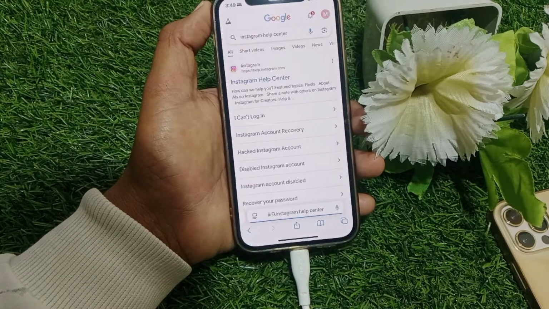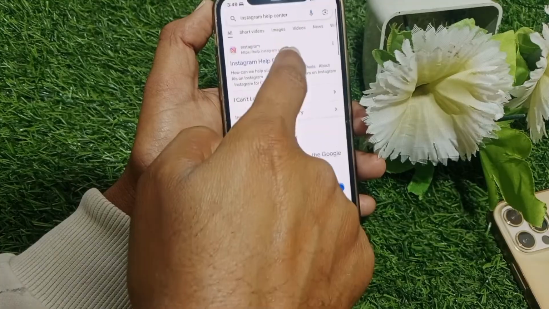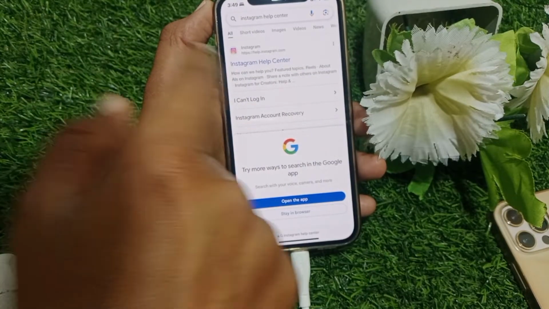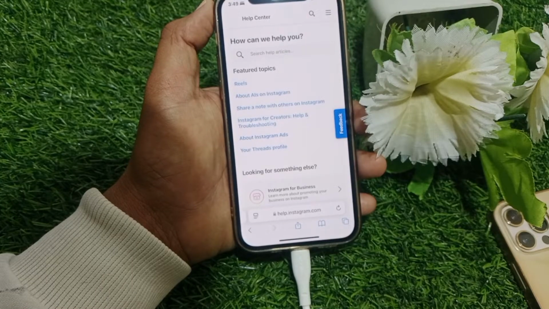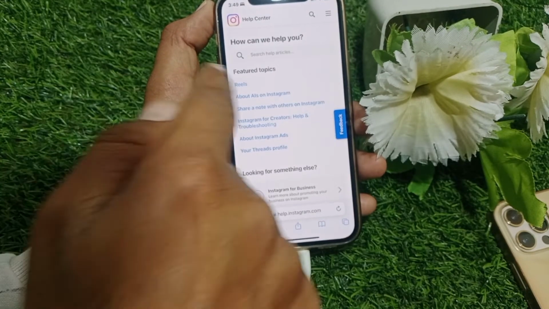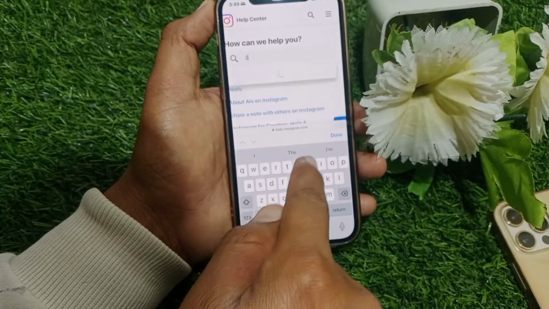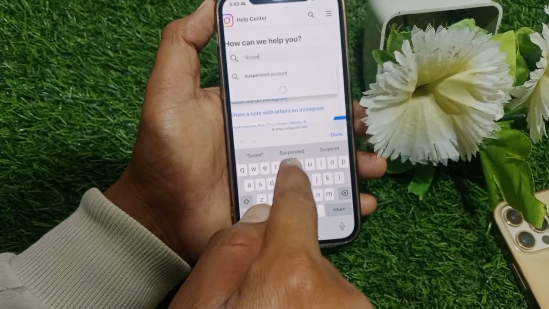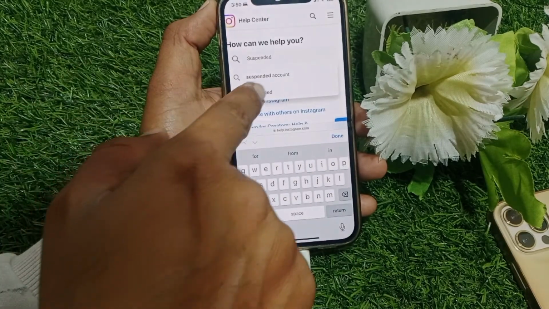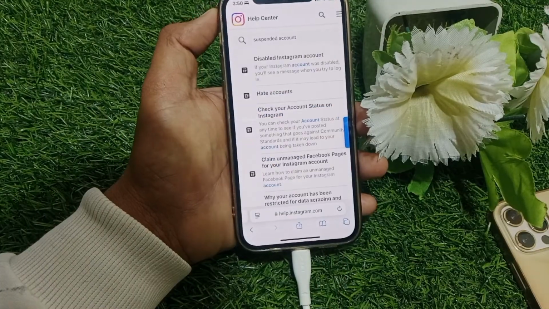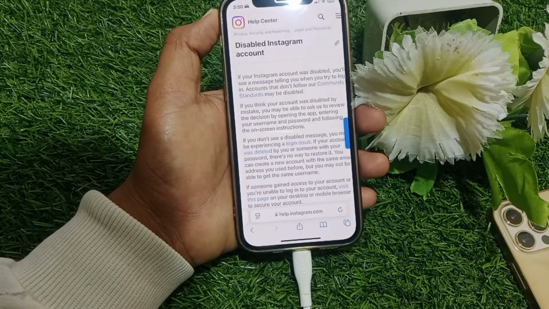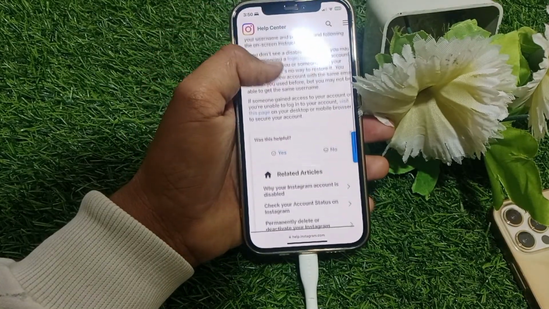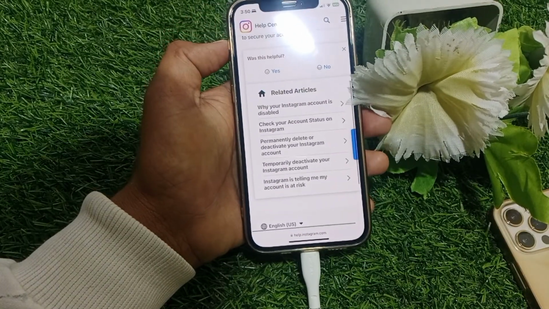Just tap on that and you can easily find help.instagram.com. Tap on that, and now from here, what you have to do is just wait some seconds. And now from here, just search for your suspended account. You can see here the suspended account option. Tap on that, and now from here, wait some seconds, scroll all the way down, and you can see here